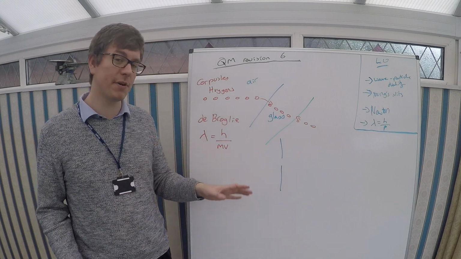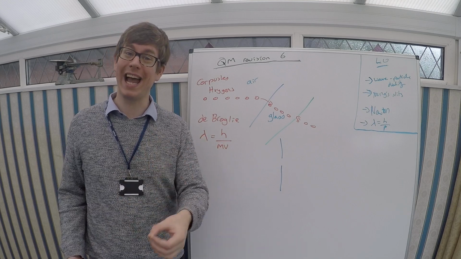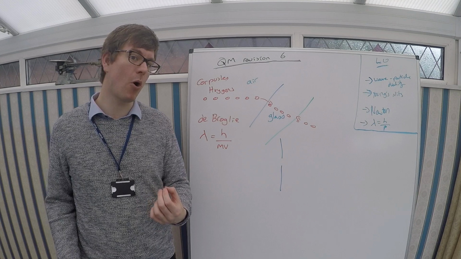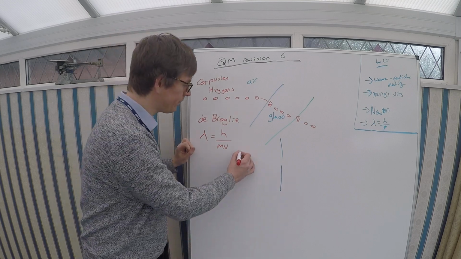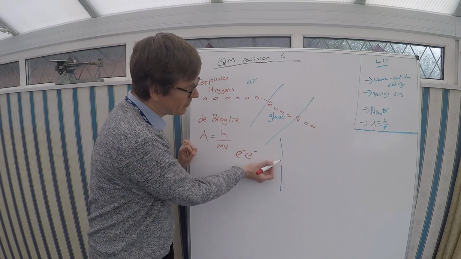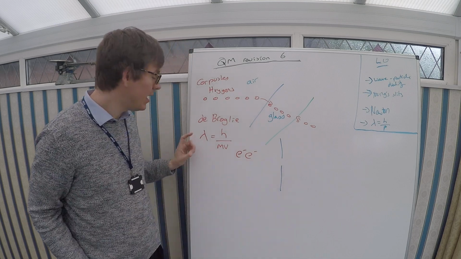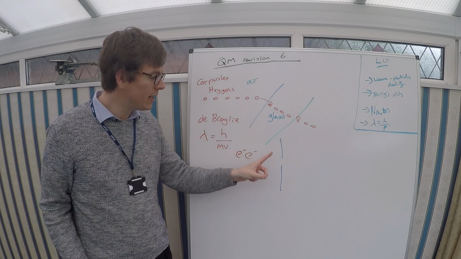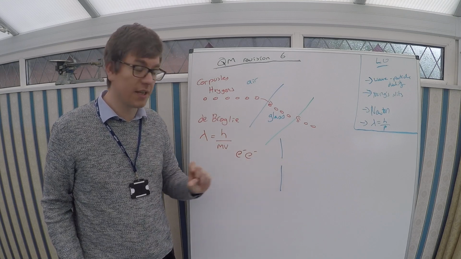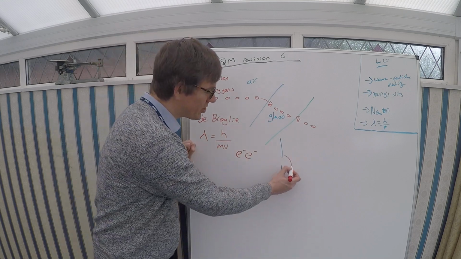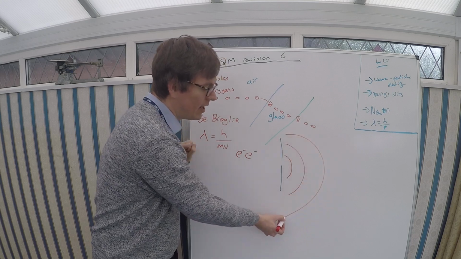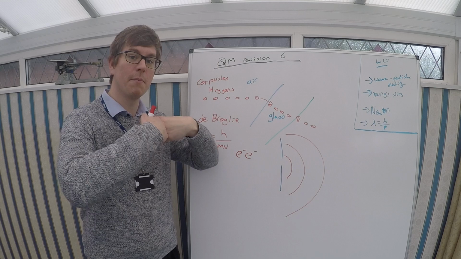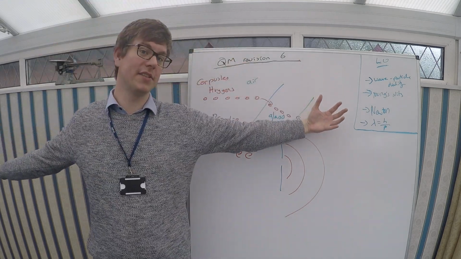However, sometimes, especially with very small particles, we can observe this effect. If we get a beam of electrons and we pass them through a very small gap, if we get the momentum such that their de Broglie wavelength is equal to the spacing of the gap, they will actually diffract through the gap, and you will end up with your standard diffraction pattern. They won't fly straight through, but will instead act like a wave and spread out.